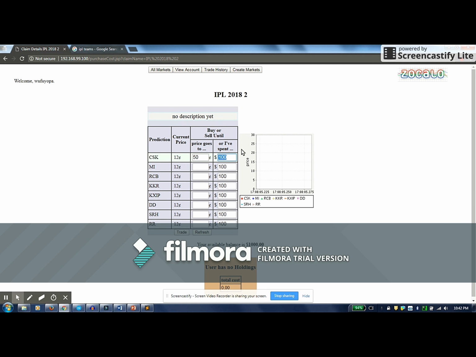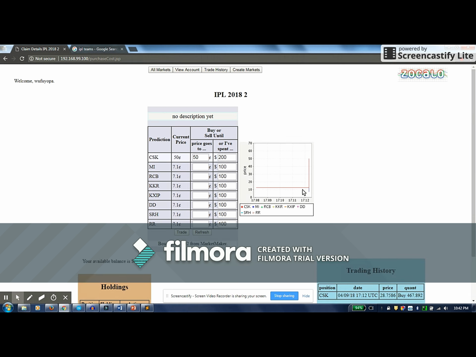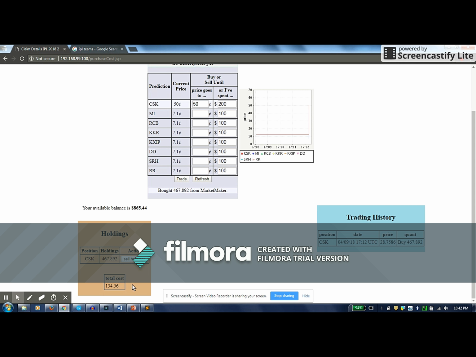At the same time, I don't want to lose too much money, so I can track how much money I'm spending. Let's say $100 is how much I want to spend. Even if I don't actually get the price to this particular point, but I reach $200, I will be stopping that. So let's click on trade. As you can see here, the graph increases. The price has gone up till 50 cents, and I have spent 134.56 on this particular trade,